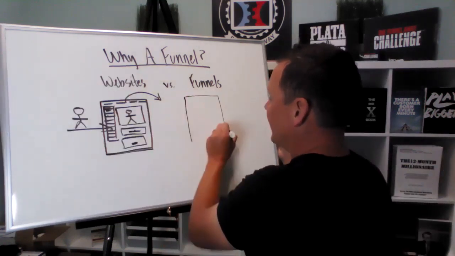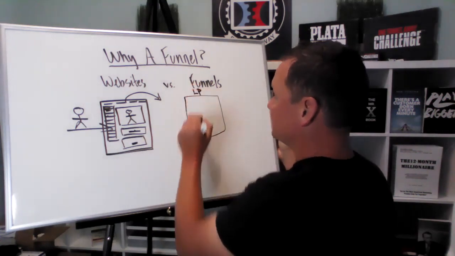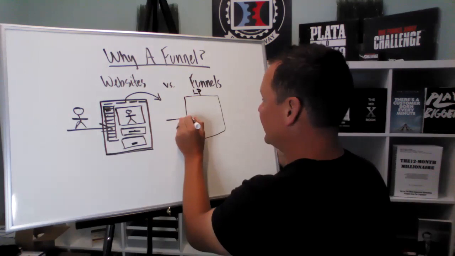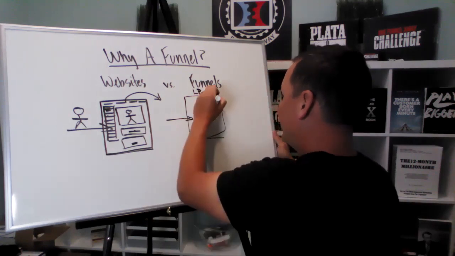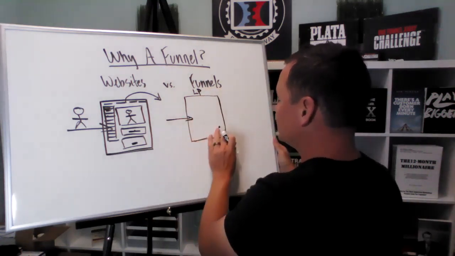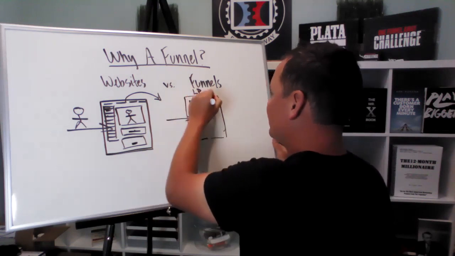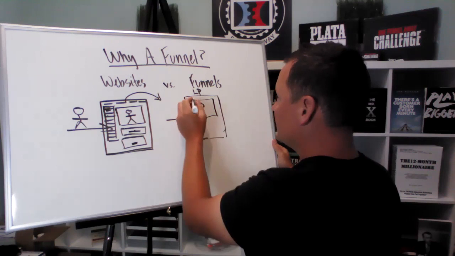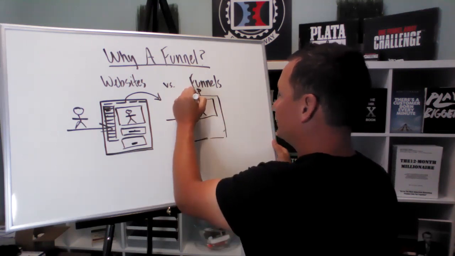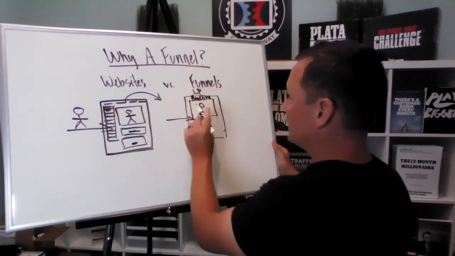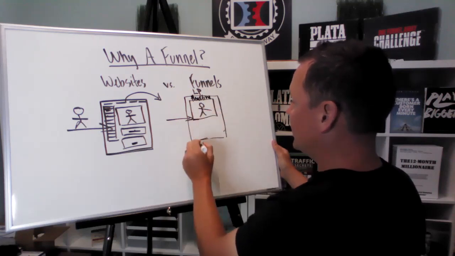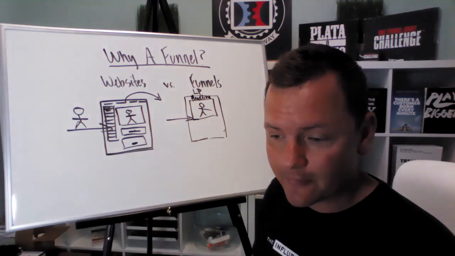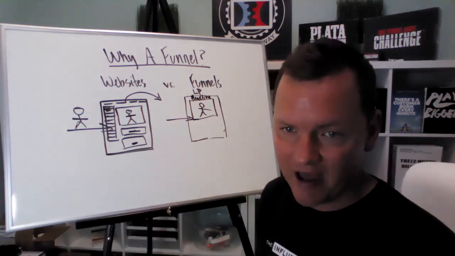So how can we get somebody to our page? They land on our page, and typically in the marketing realm, we call this a landing page. They land on my page, and say I have a video right here. Maybe I had a headline up here. I have a video. And in the video, I'm sharing something. I'm solving a problem. Now, a lot of people say, hey, I'm giving value.